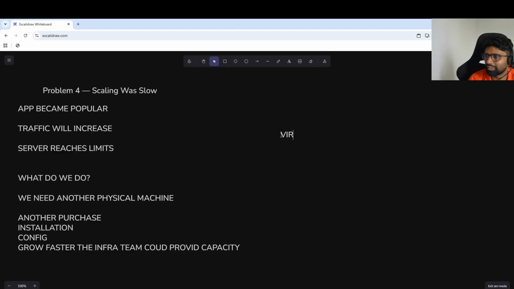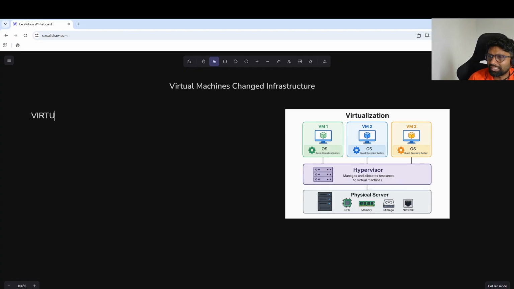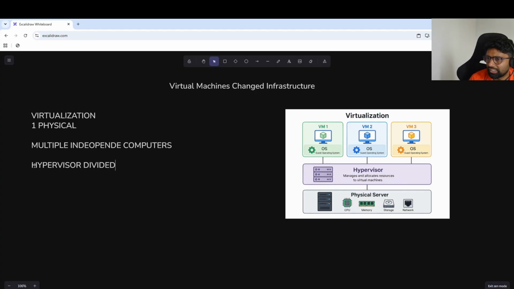That led to our next part, virtualization. Virtualization allowed one physical server to behave like multiple independent computers. The hypervisor divided the server into multiple virtual machines.